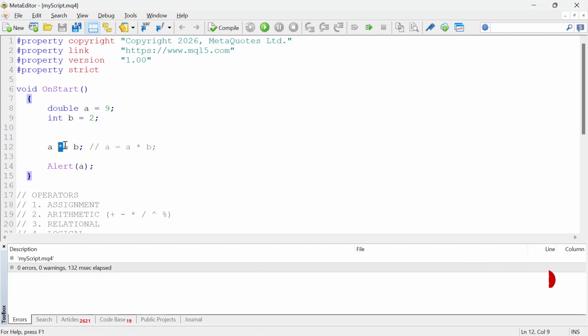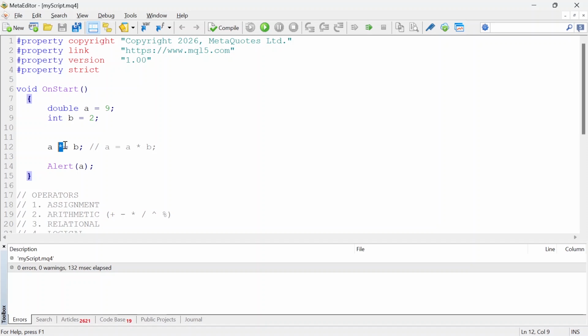More like I do not want to waste memory. I do not want to declare a new variable, so that I won't have too many variables. I want to assign the result to that existing variable that is taking part in the operation,